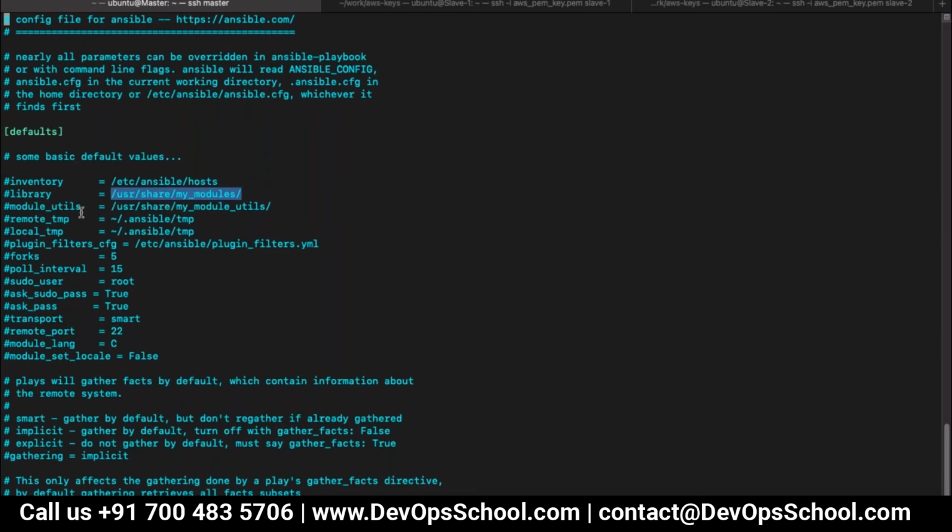And if you want module utils, what is there? It's in /usr/share as well. So these are the default directory paths for Ansible. So if I go there,